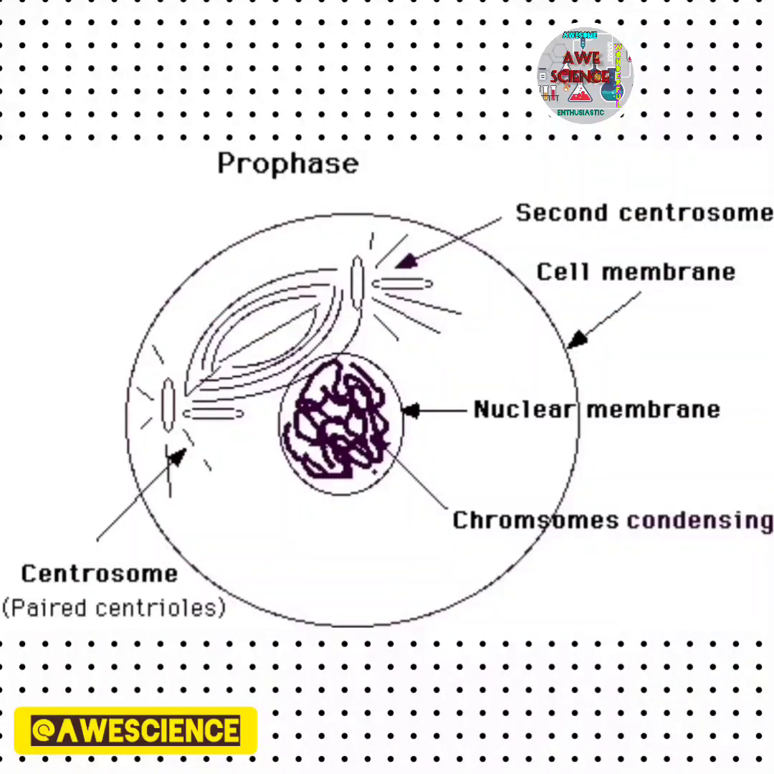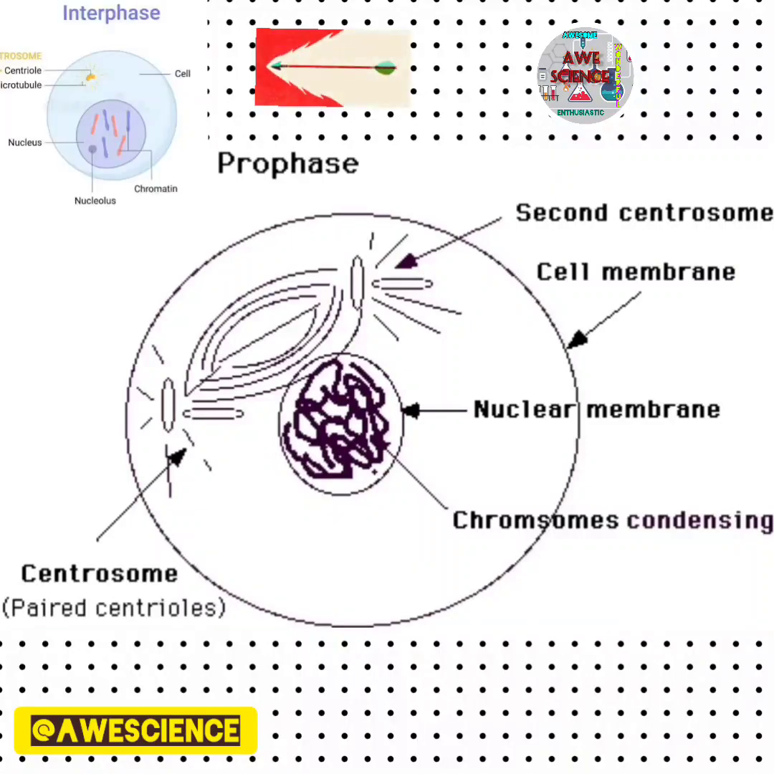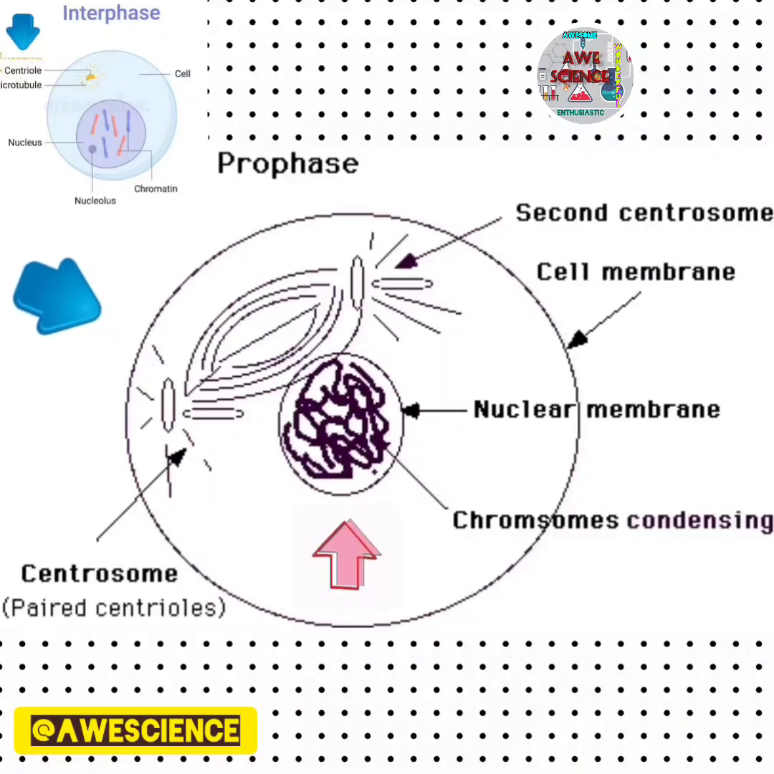The first stage which we are going to talk about is prophase. Earlier we talked about interphase, in which we saw the centriole and microtubules earlier in the condensed form. In prophase, these centrioles and microtubules start pairing up and they form a centrosome as well. You can see over here the nucleolus has disappeared, the nuclear membrane is there, and inside the nuclear membrane the